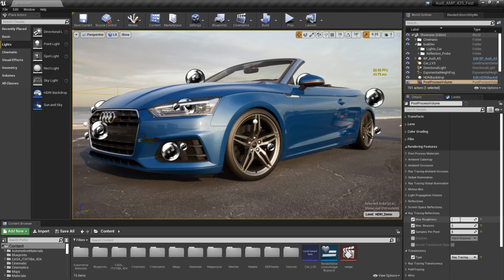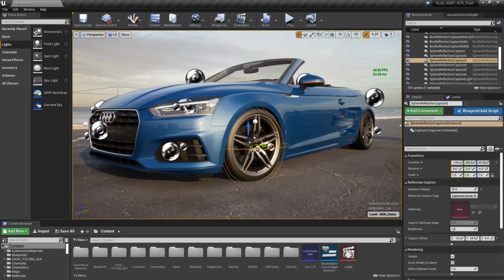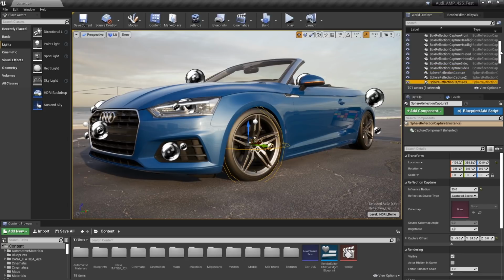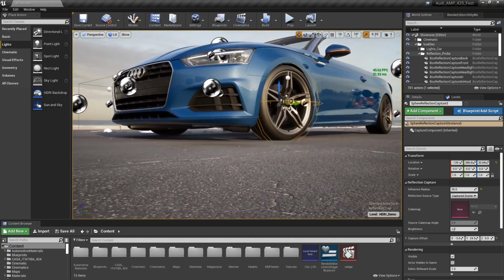So if I put this back down to something like 0.6, the tire gets a little bit brighter, and that's mainly because this reflection capture is not really covering that tire quite as much as it probably should. But the wheel and the brake actually look good, and we're back down to 20 milliseconds. So that is why you still need to work with best practices when you're using the hybrid ray tracer. You still need to follow best practices for your reflection captures and reflection probes, so that when they kick back to them, they look super cool. The end result now looks really, really sweet.